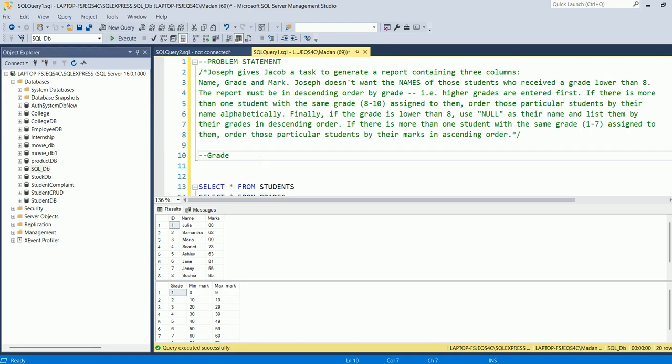So for the grade less than 8, show names as null. And the report order should be as mentioned here. The report must be in descending order, so grade DESC. And then if there is more than one student with the same grade, that is from 8 to 10,